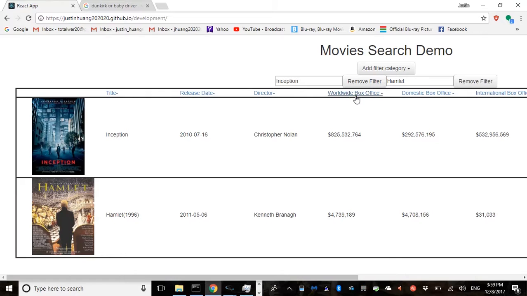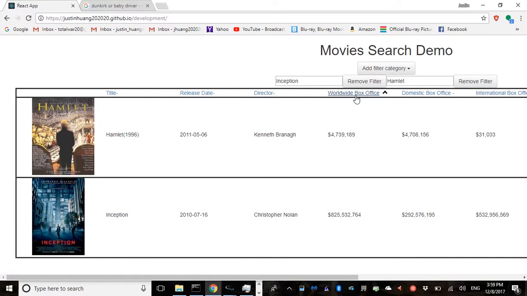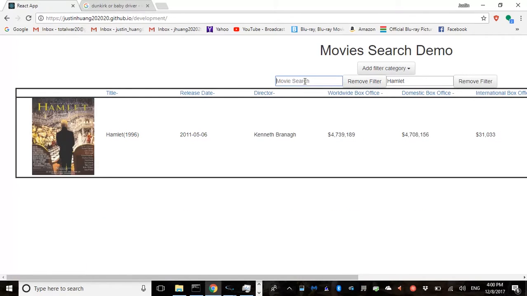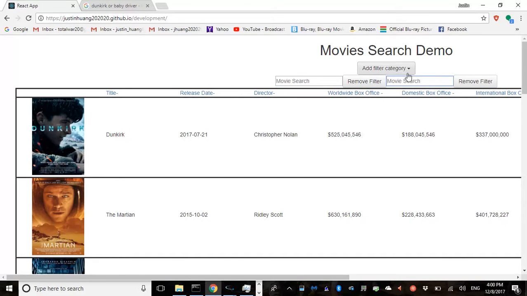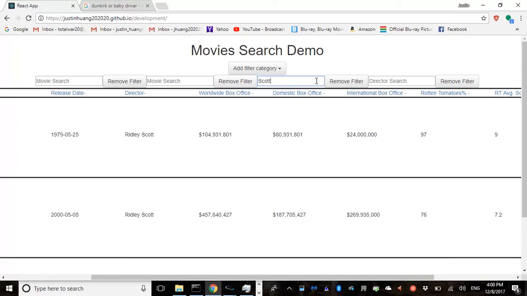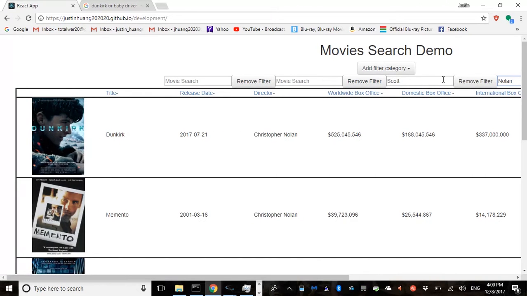There we go. Sorry. Sorting works the same. Now, let's clear out these filters. Now let's say you want to compare 2 directors. So let's say you want to compare Ridley Scott with Nolan's movies, and you're gonna get all of the